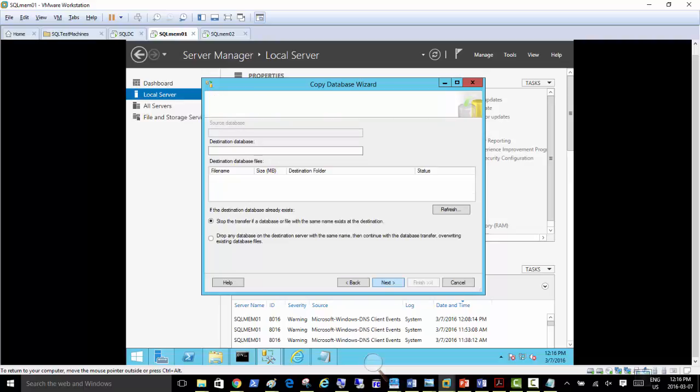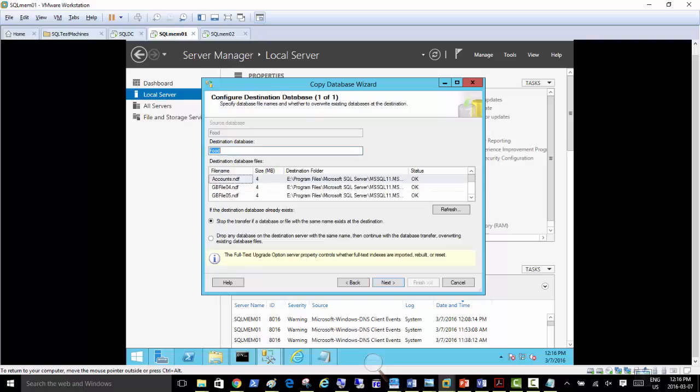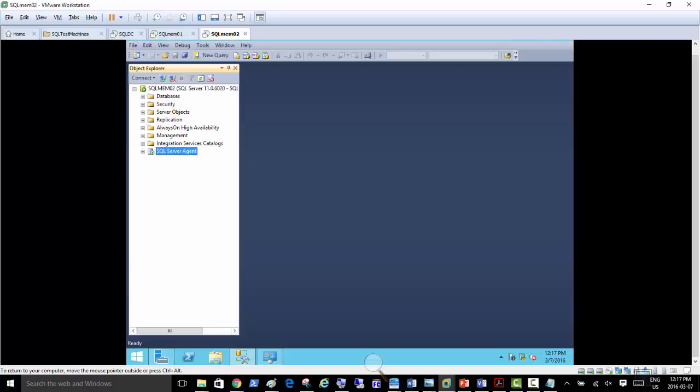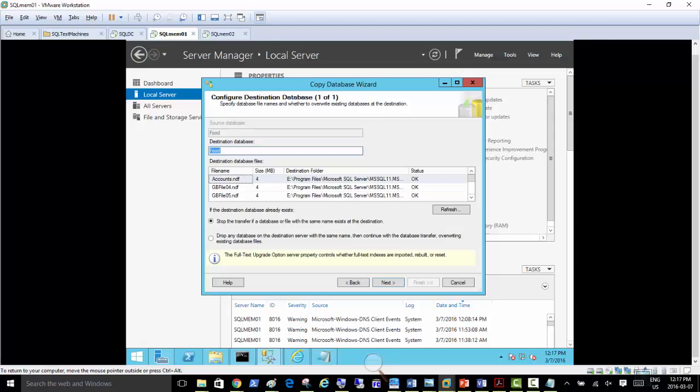Next, destination database. So it is detecting this information. So specify database file names and whether to overwrite existing databases. I don't have a database called food on the destination SQL Server. Let me just check that. Nope. So it could go there.